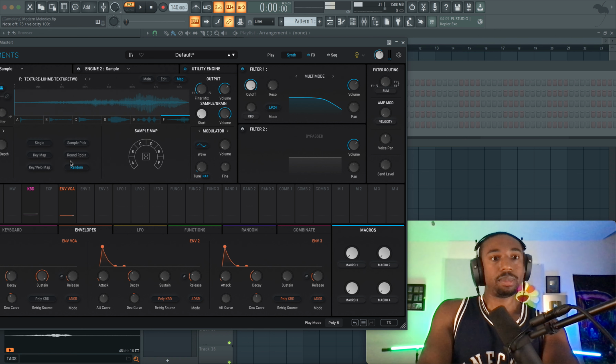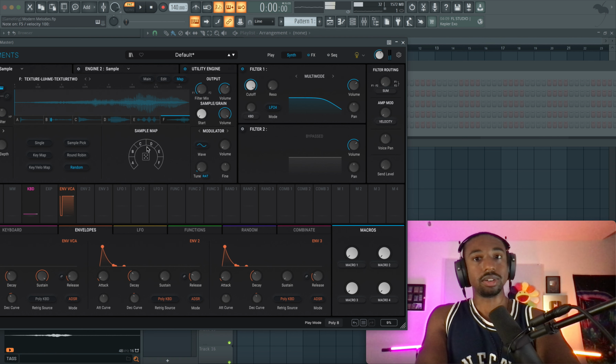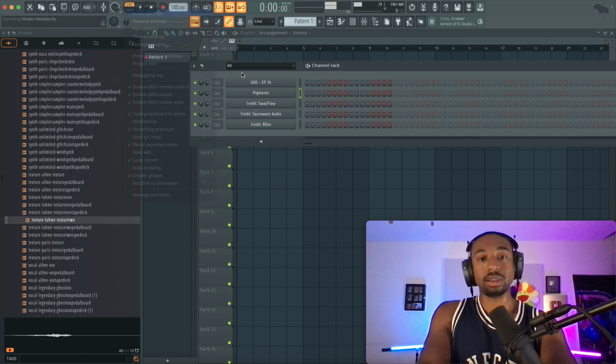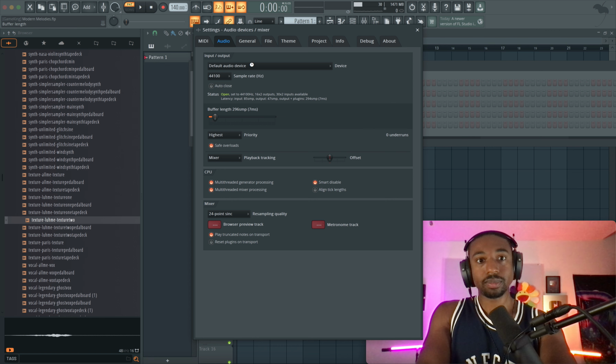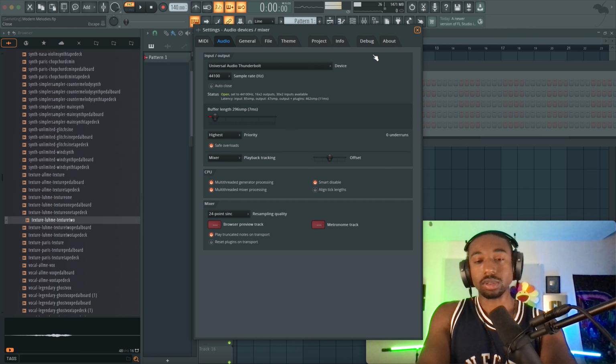All right, so now if we go to map random, I can't believe I slept on Arturia Pigments this long. This is a sin that I slept on Arturia Pigments. All right, so let's create a vibe. Firstly, my buffer length is wilding out, so let me turn this up a little bit. All right, boom. Hopefully the audio is a little bit clearer.